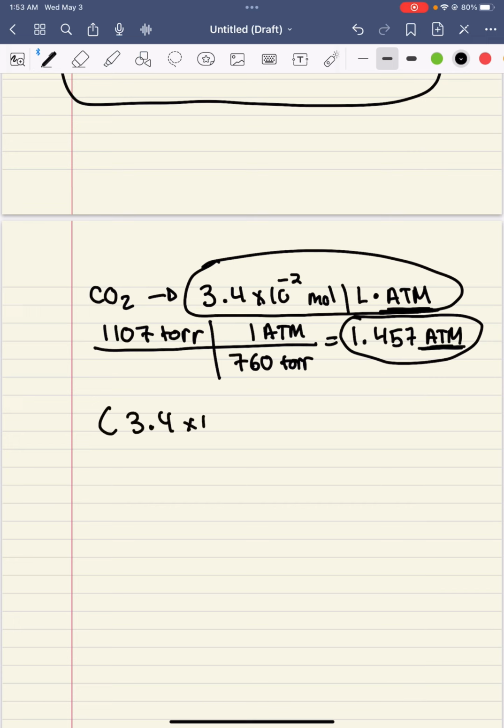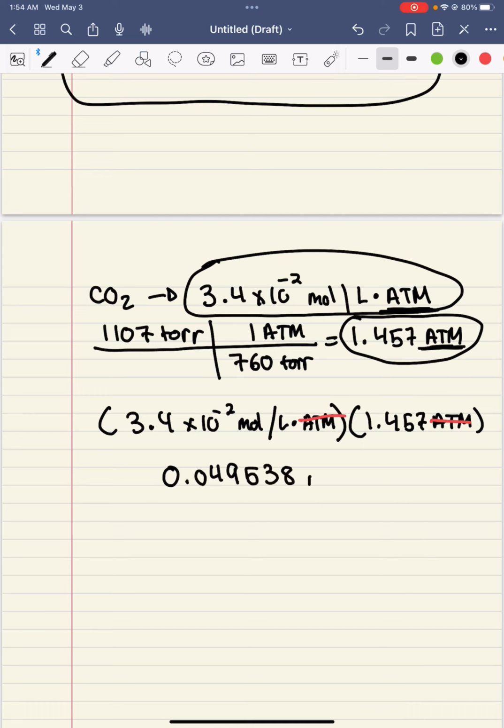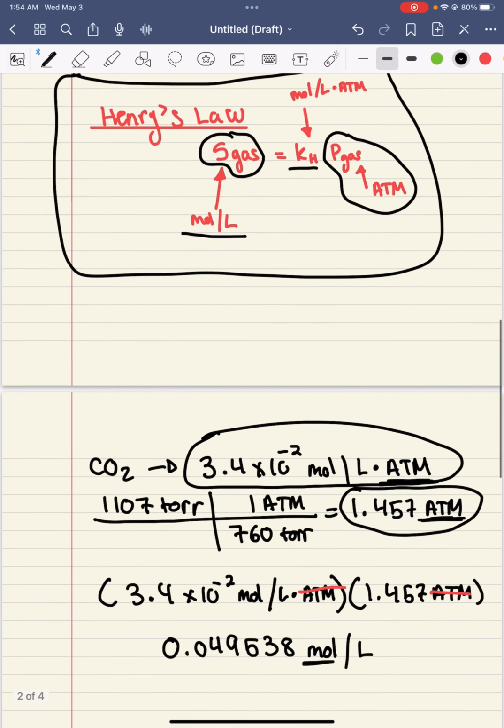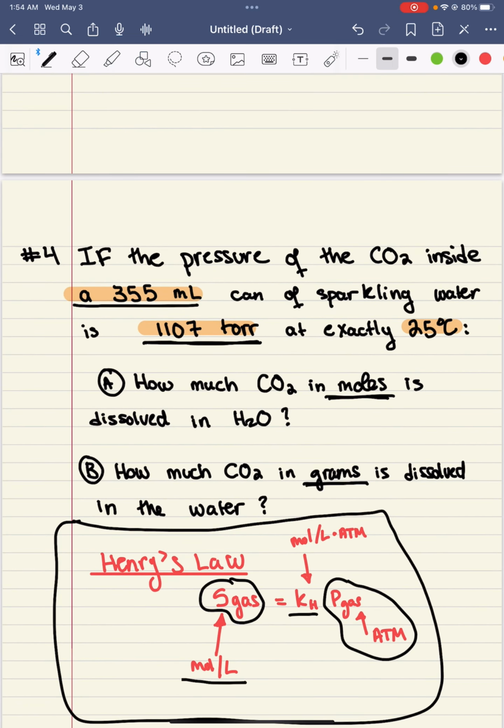So the way you cancel out these two atm is multiply these two values together. 3.4 times 10 to the negative second moles divided by liters times atm. As you can see, these two values cancel out, and you get a value of 0.049538 moles per liter. But that's not what you want. You only want moles. So you go back to the top and you can see that you were given a value of